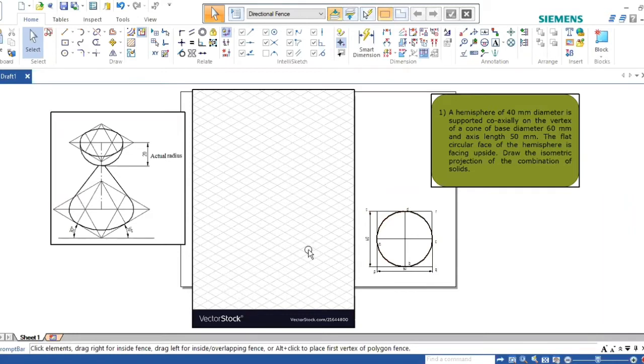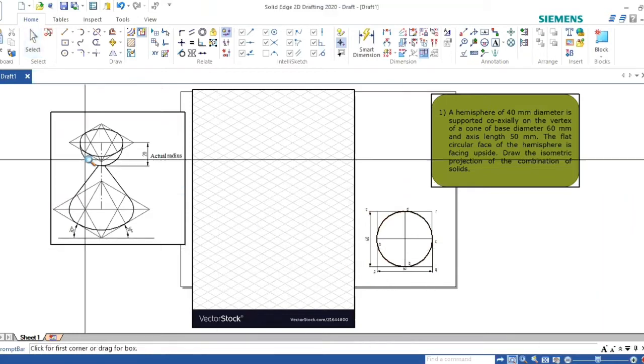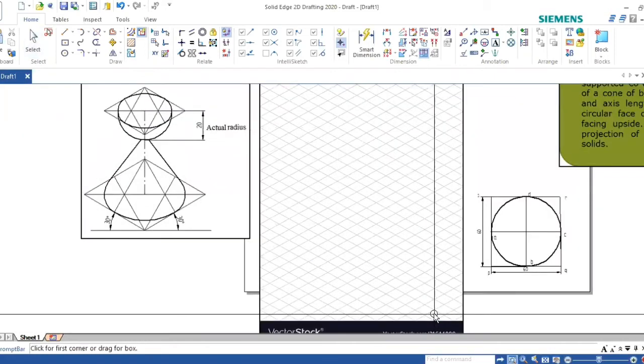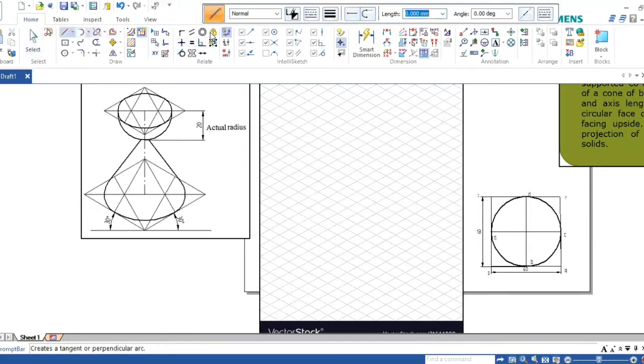I zoom in a little on this area and use the pencil scale. Now we go to the line command and select visible line. I'll start from point P: 10, 20, 30, 40, 50, 60.